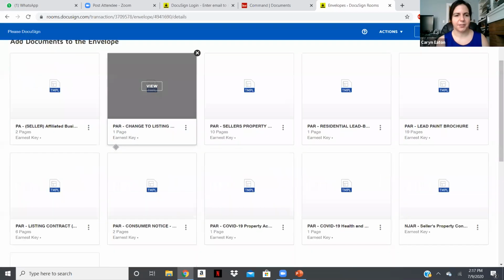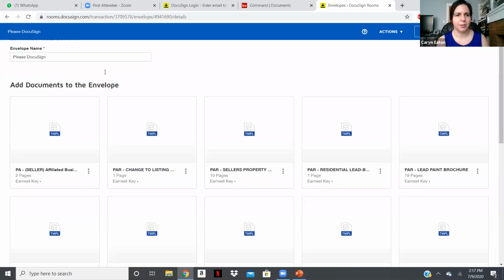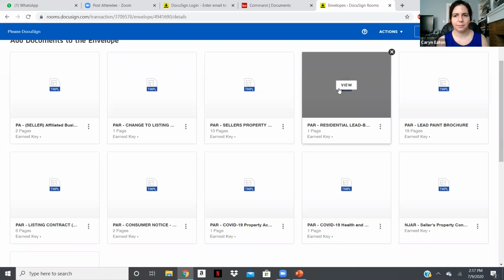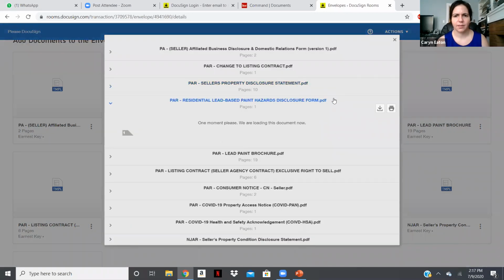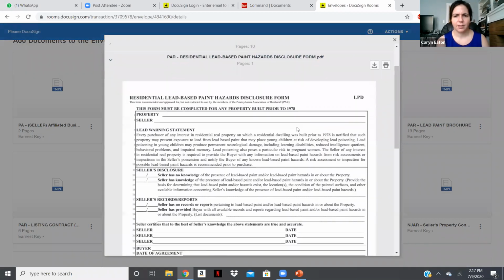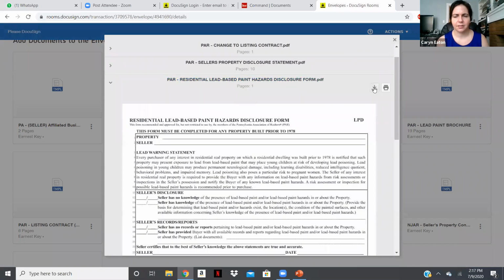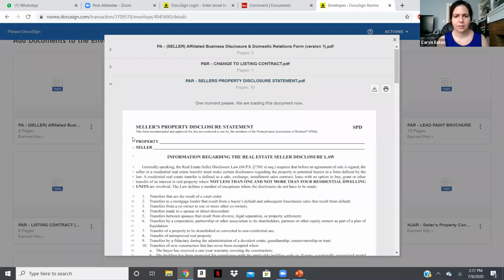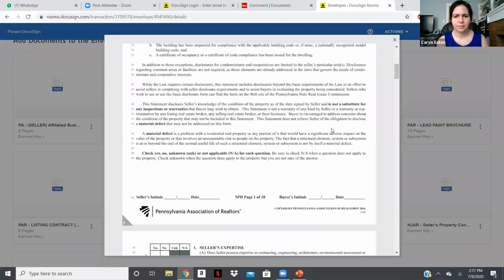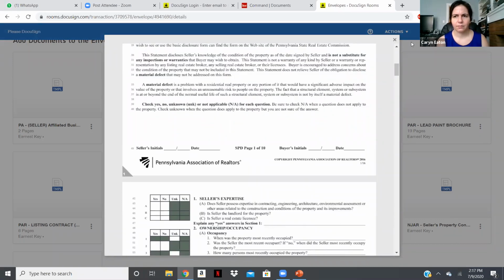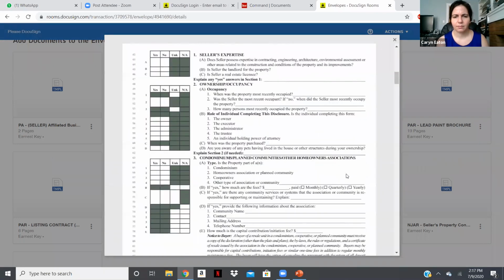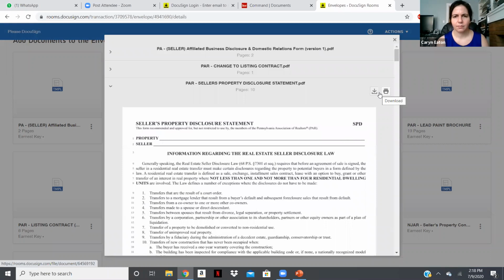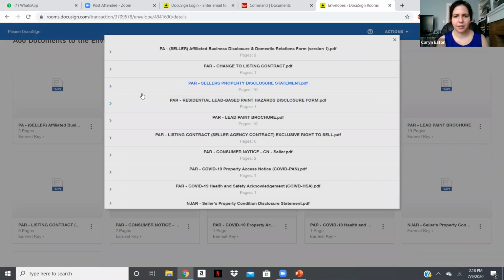And once you have the templates populated, you have all of these documents already inputted. So you can take a look here. And you can print all of the